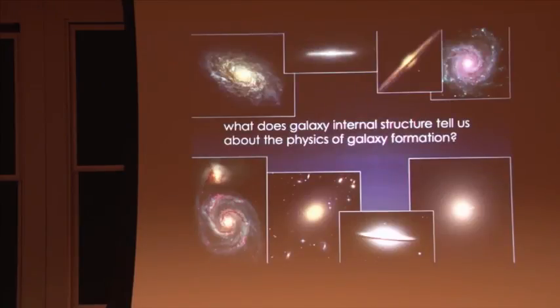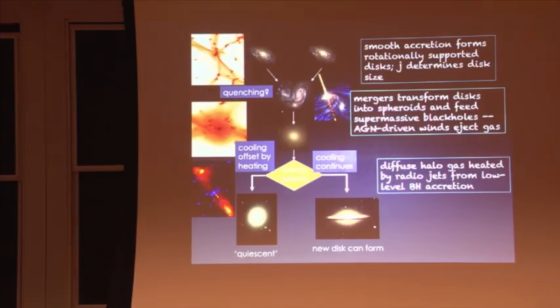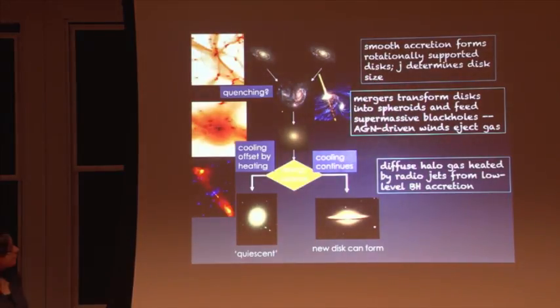Okay. So now I want to come to the question, which was planted in your minds at the beginning of the talk, of what the internal structure of galaxies tells us about this physics of galaxy formation. So, not that I need to remind you, but if you look at images of galaxies, we see these very complex structures. We see galaxies of different types, different sizes, etc., as we talked about already. So what do we learn from that?